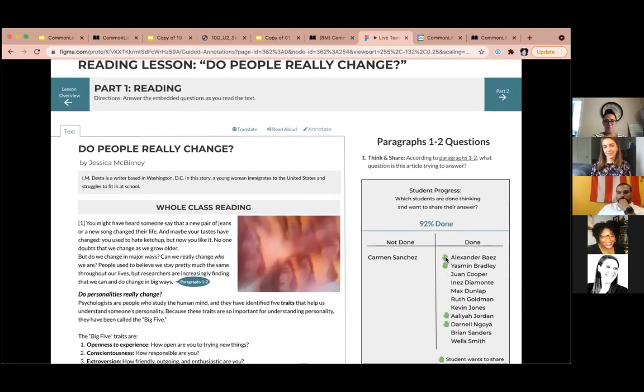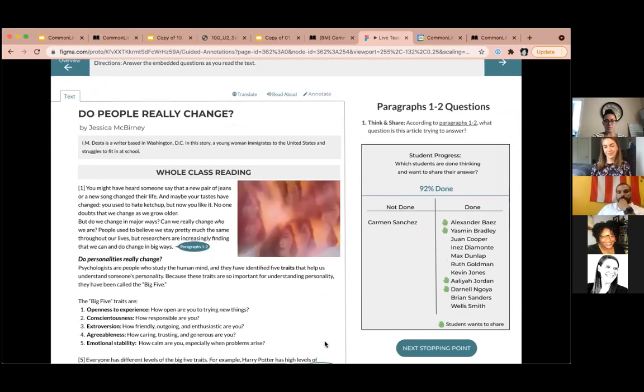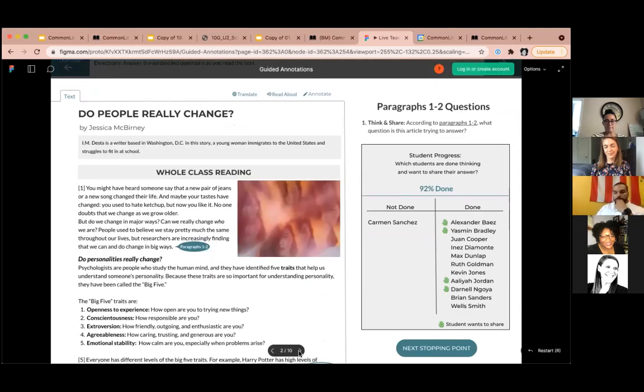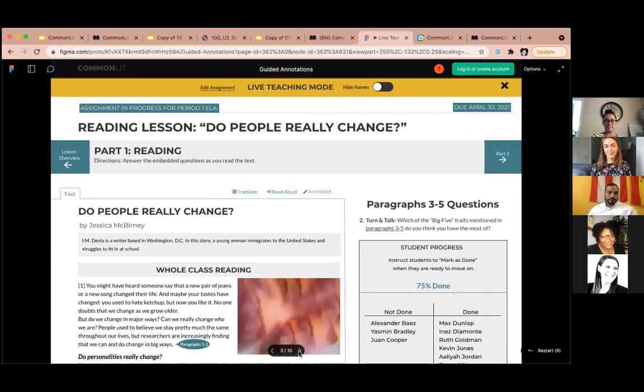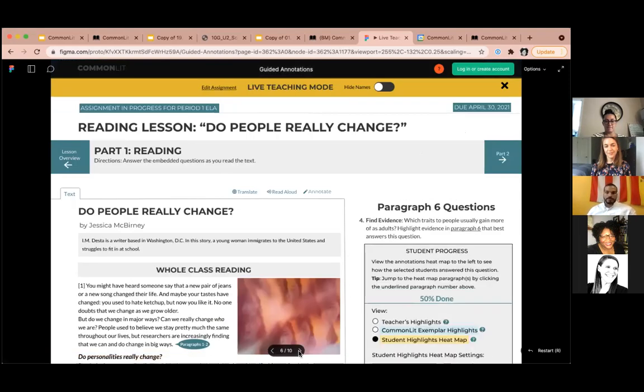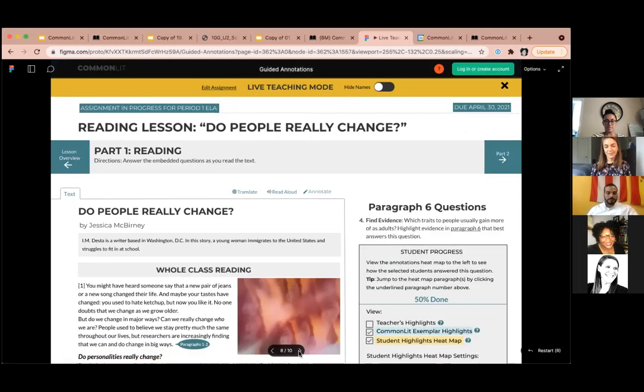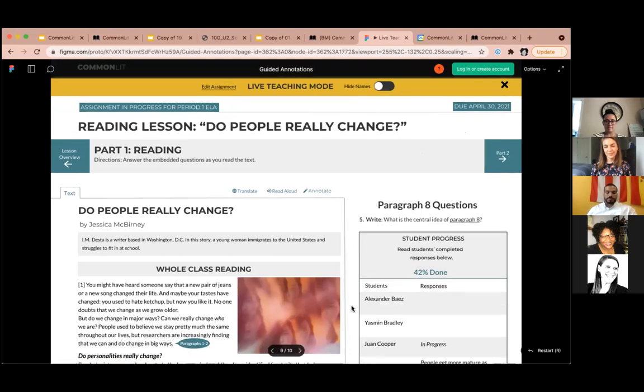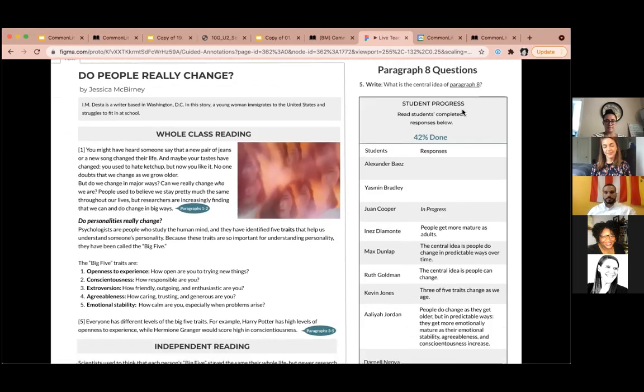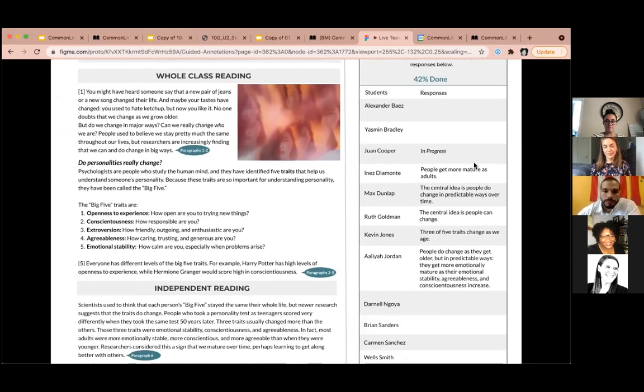This is in-the-moment monitoring that teachers would have access to as a part of their dashboard. I'm going to take you to one more on page 9. So we have lots of these here. And this one right here shows you not only who's completed the assignment, because this is a write where students have to write an answer. In one snapshot, I have all of the answers that students have submitted.